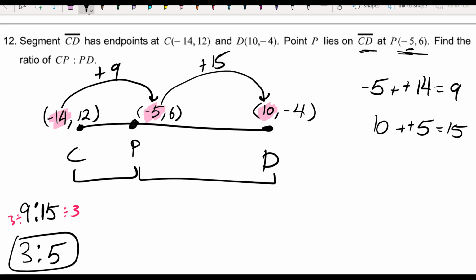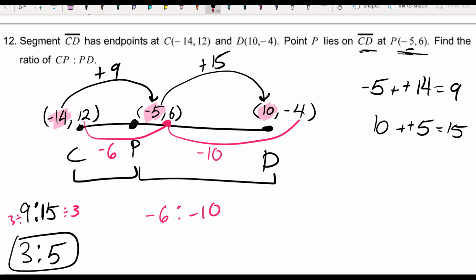Now, if I didn't want to look at the x values, I could also look at the y values. To go from 12 to 6, I'd have to go down 6 units. And to go from 6 to negative 4, if I subtract those real quick, I'd have to go down 10 units. So if I compare the ratio of negative 6 to negative 10,